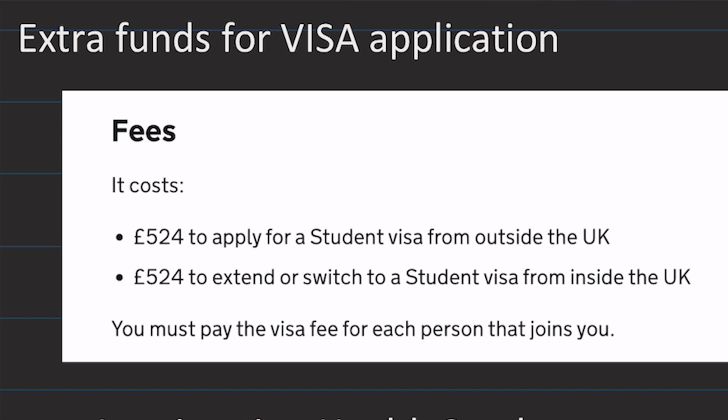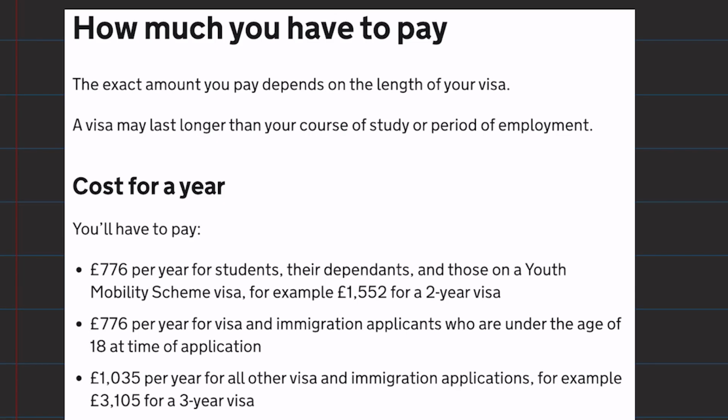Now, this is an extra tip. Apart from the tuition fee and the maintenance fund, you also need to have enough funds to pay your visa application fee and health surcharges. So how much are they? I have taken a screenshot of the visa application fees and IHS charges from the government of UK website. So the visa application fee which you need to pay is, and the immigration health surcharge is,